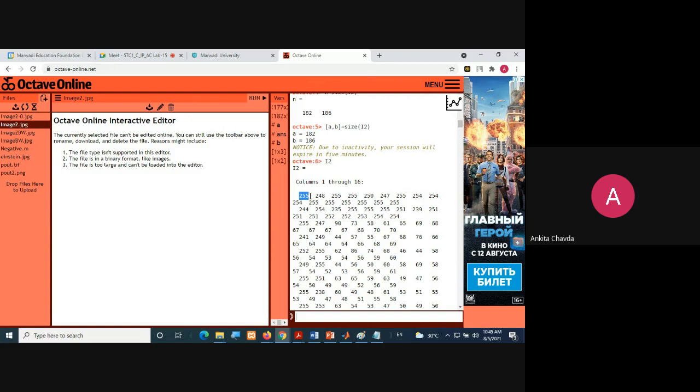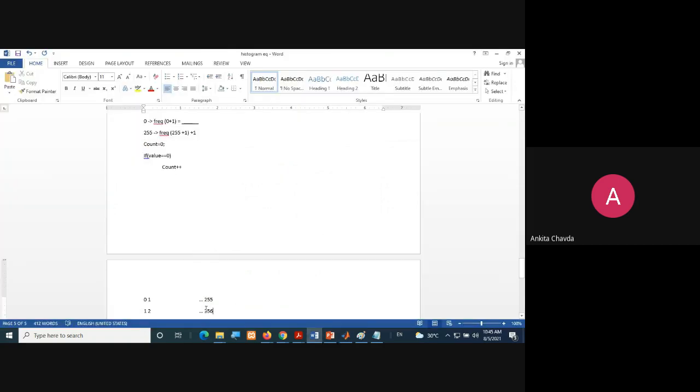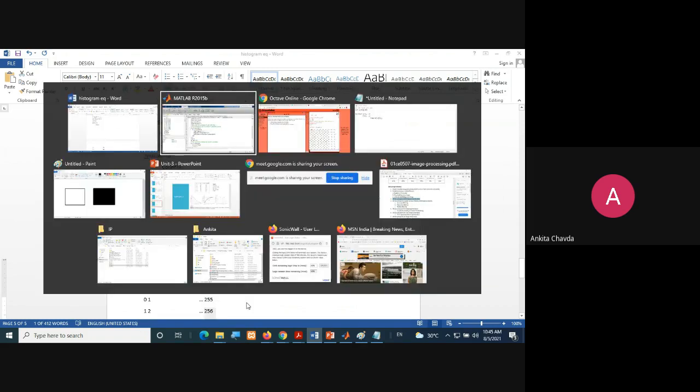The first time I get it, I take that value. So suppose I have 255 the very first time. That will be stored at frequency of 256, do you remember that? Always plus 1, the occurrence of 255 I'm storing at frequency of 256.